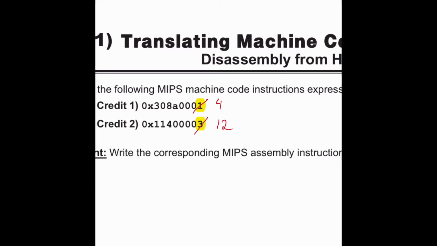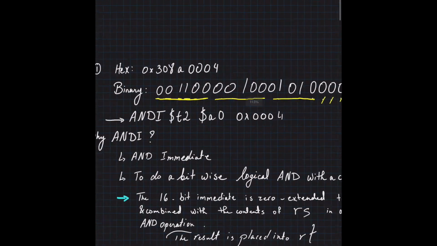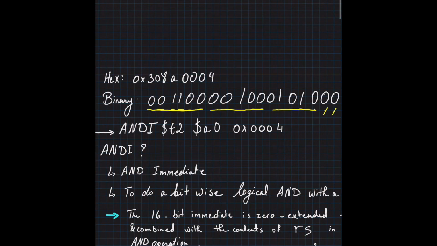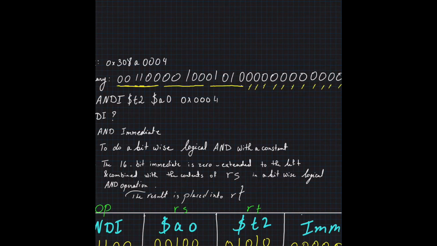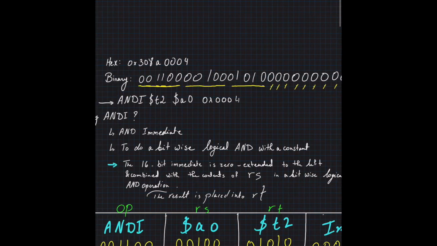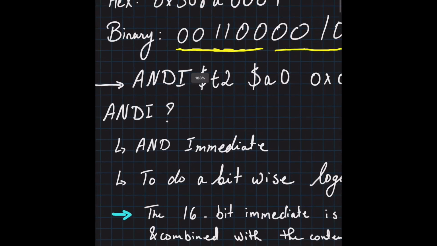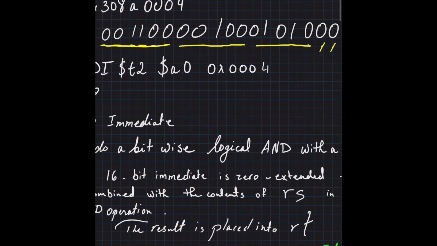So for the first problem, as you can see, I multiplied my PID, and then for the first part, the hexadecimal number for this problem is this number. I switched it to binary, converted it. Please don't pay attention to the yellow highlight. I'll explain it later. After I turned it to binary, I chose for this one